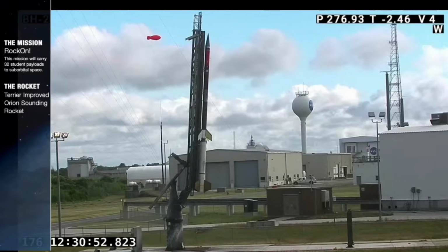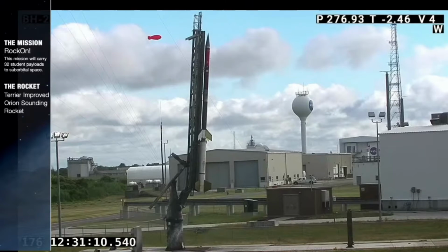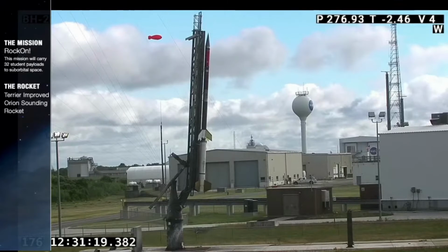NASA launches students' experiment to space on a suborbital rocket. 40 university student experiments were successfully launched Friday, June 25, aboard a NASA suborbital sounding rocket from the Wallops facility in Virginia. The launch, conducted at 8:32 a.m. EDT, is part of the RockOn and RockSat-C programs designed for students to learn and apply skills in building experiments